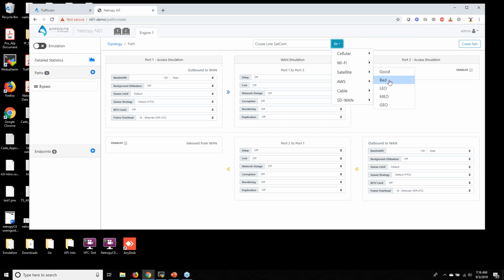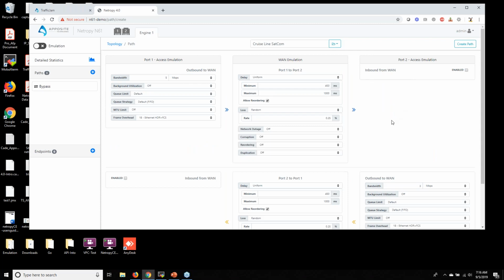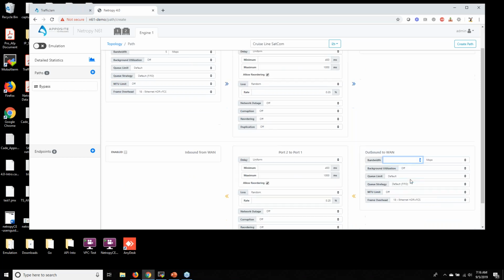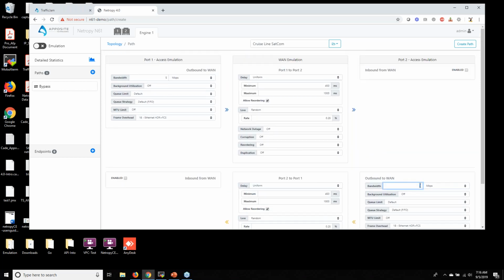I'm actually going to use satellite bad, and let's see what it sets up. It sets up 3 megabits up and a 5 megabits download speed.